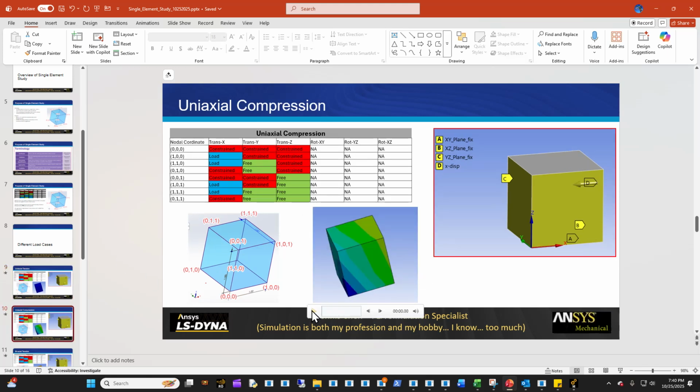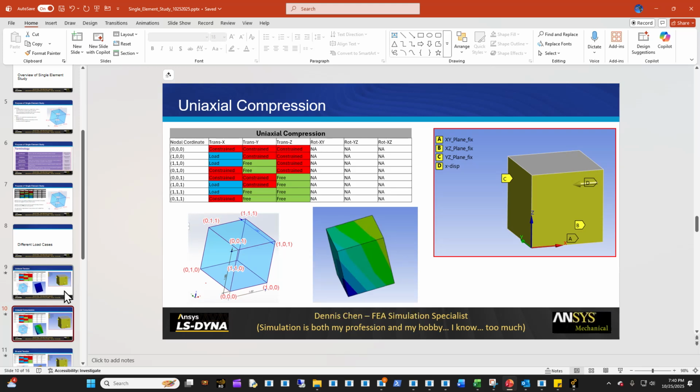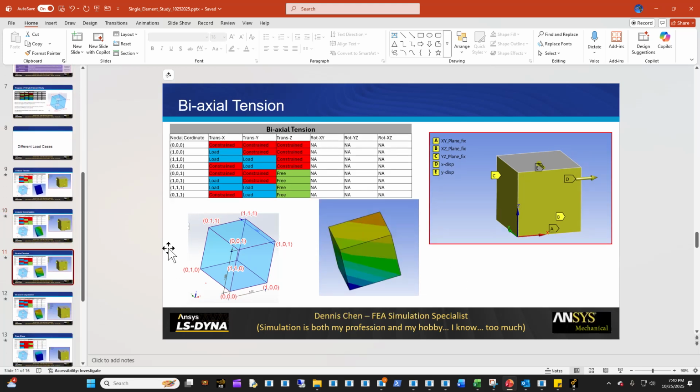Uniaxial compression is basically the opposite of that. You can see it just goes the other way. All right, pretty standard. These two have exactly the same constraint because uniaxial tension and compression are just opposite to each other. Biaxial tension and biaxial compression are the same thing. Biaxial tension just goes two different ways, right? So in this case, what you have is